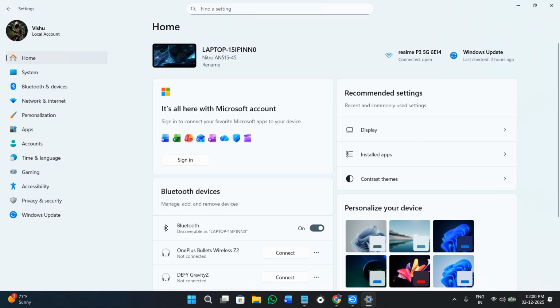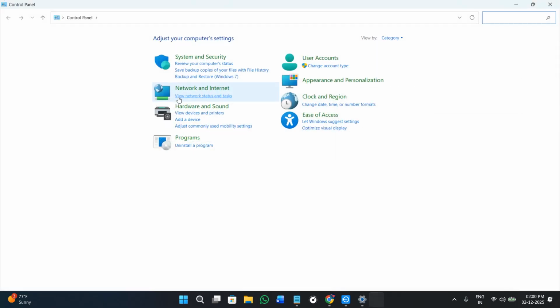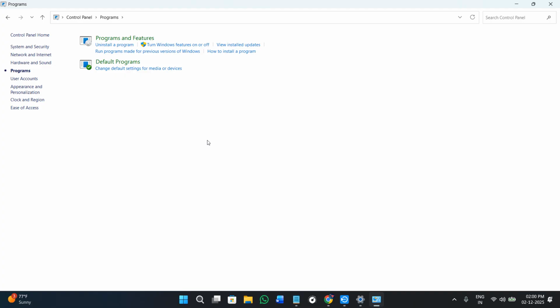So first of all, you need to enable .NET Framework 3.5 in Windows features. For that, click on the Start menu. Then simply look for the option of Control Panel. Once you are here inside the Control Panel, simply click on the option of Programs. Over here in the Programs, you will see the option of Turn Windows Features on or off. Here you need to look for the option of .NET Framework 3.5 that includes 2.0 and 3.0. You need to check the box and click on the option of OK and let the Windows install the required